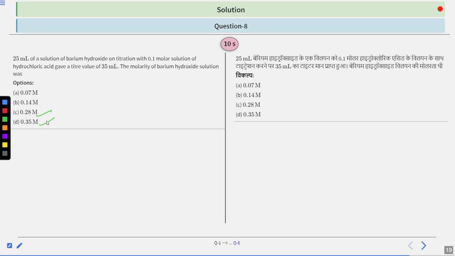So what you have to do? You have to do titration. And how will you do the titration? In titration, you should be neutralizing the amount of hydrochloric acid, which is 0.1 molar, 35 ml. So from here you will calculate the number of moles. You will equate it with the number of moles of barium hydroxide, as you know the volume but the molarity is not known. But you have an equation and you have all of the things. If you put them there, you will get the answer. So your time to solve this question starts now.